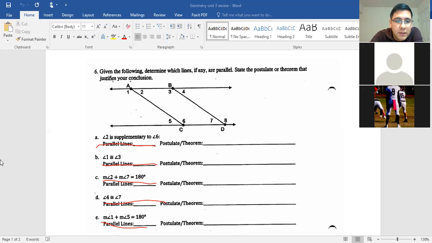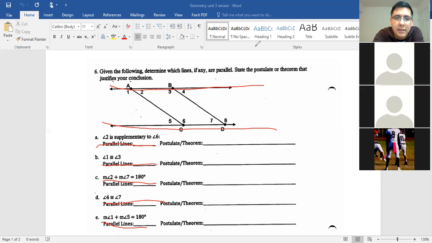So let's look at the first one. It says angle 2 is supplementary to angle 6, right? So we have an angle 2, which is a small angle, and angle 6, which is a large angle. So we should know that both of those are supplementary. And what kind of angles are they, right? So let's say that,